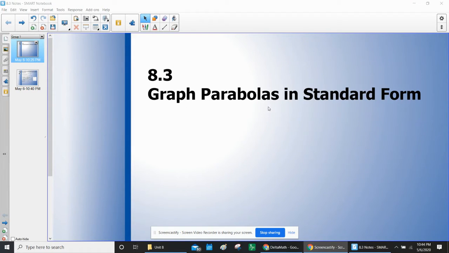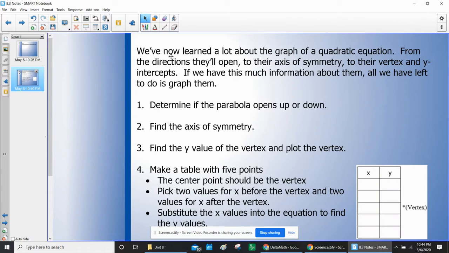So now we are going to be looking at how to graph parabolas in standard form. We learned a lot about how to graph the quadratic equation, or what features there are in the graph of a quadratic equation. We've looked at the direction they're going to open using the a value. We've looked at how to find their axis of symmetry using opposite of b over 2a. We've learned how to find their vertex by plugging in our axis of symmetry value, and we've learned about where